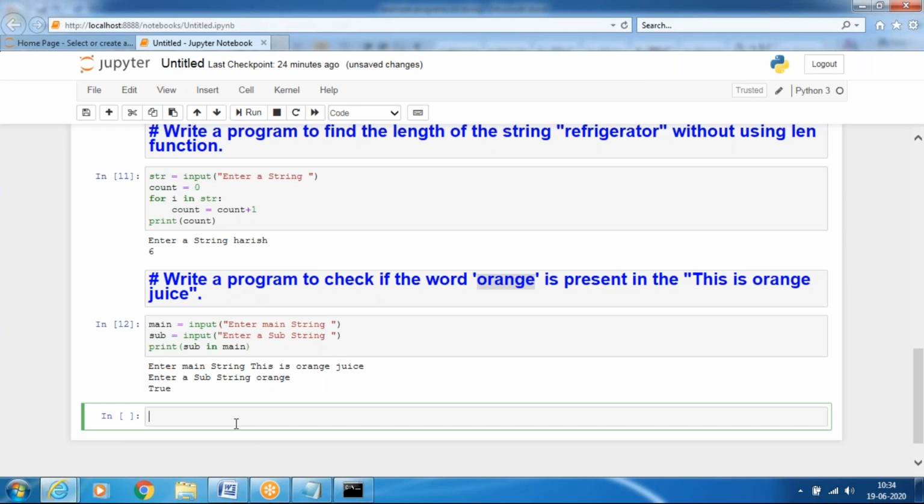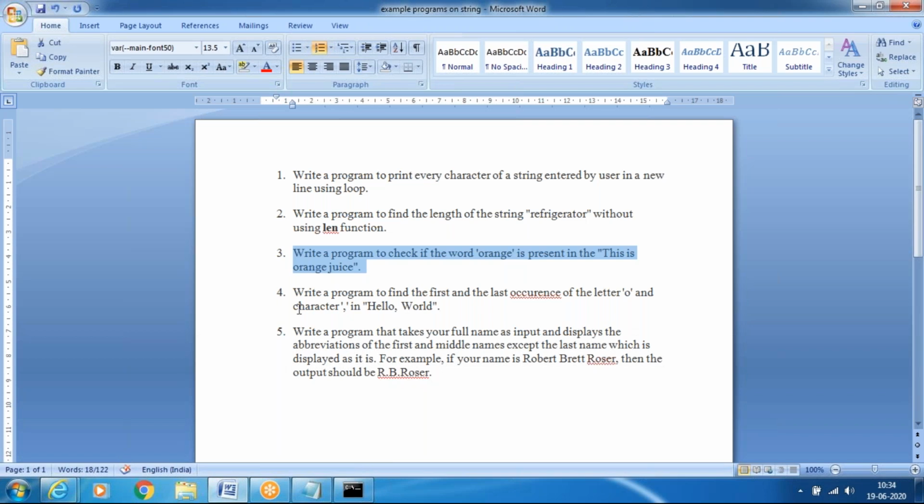Next question. We will see the next question. Write a program to find the first and last occurrence of the letter O and the character comma in hello, world. Here hello and world are separated by a comma.